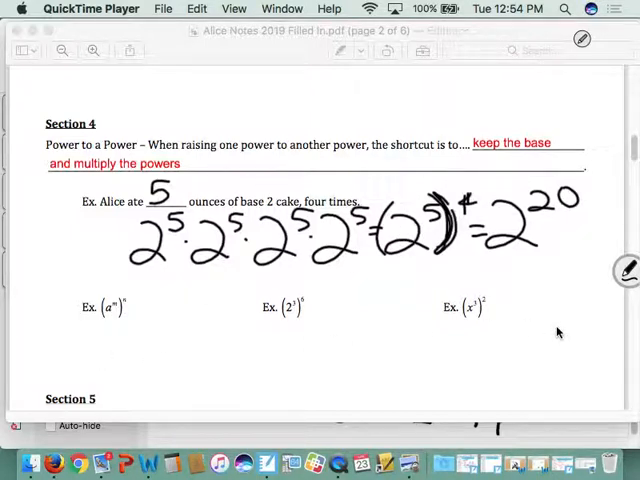So a to the m, to the n would be a to the mn, or a to the m times n. 2 to the 3rd to the 6th is the same as 2 to the 3 times 6, which is 2 to the 18th. And x to the 3rd to the 2nd is the same as x to the